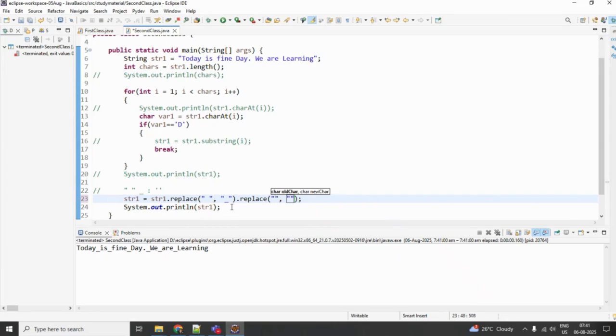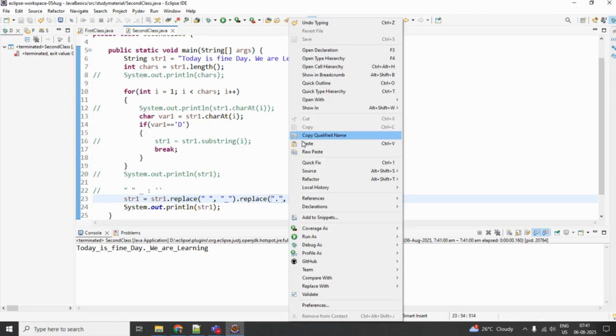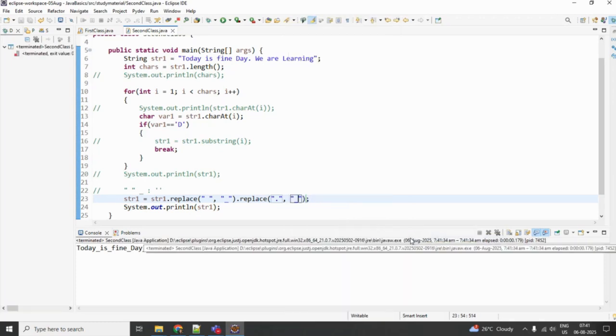Now, what will I do? I will replace dot with another underscore. So now, if I run this,